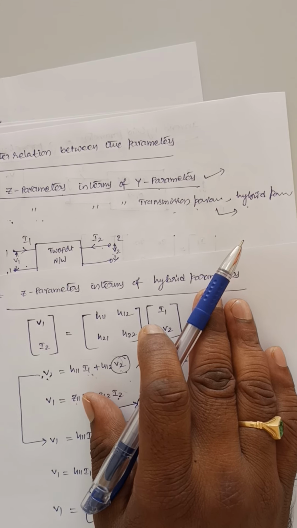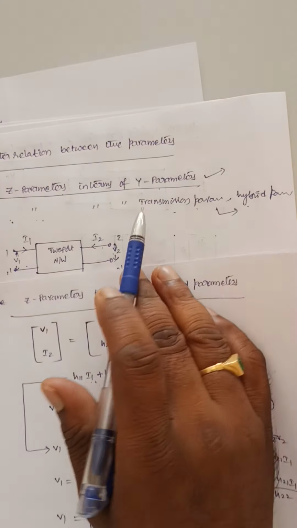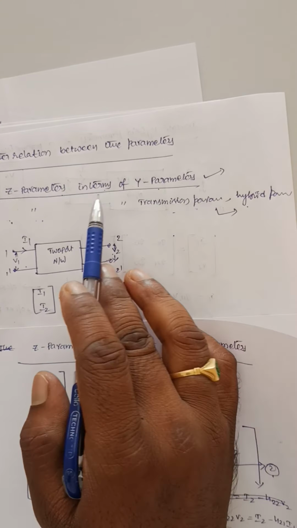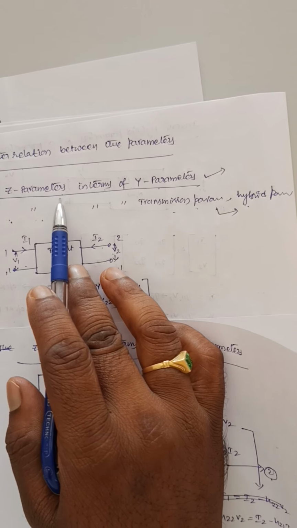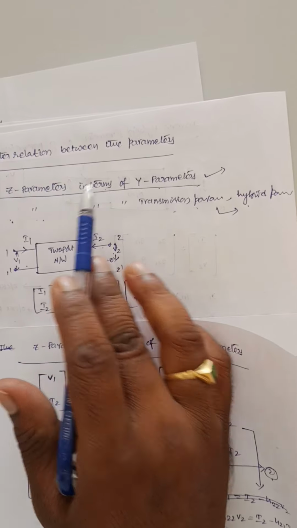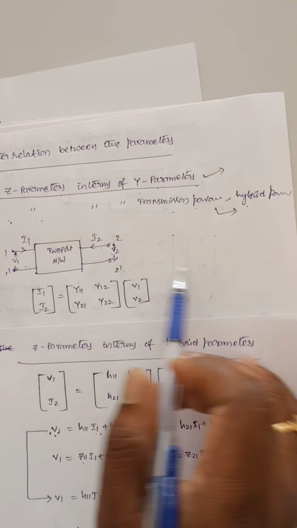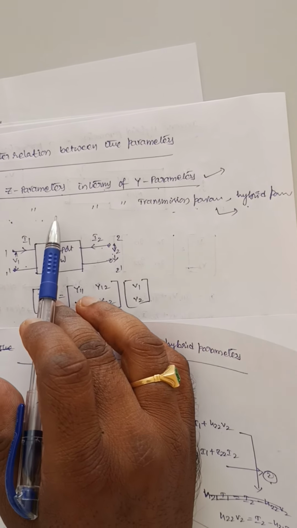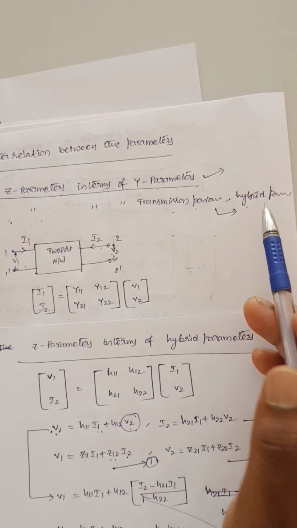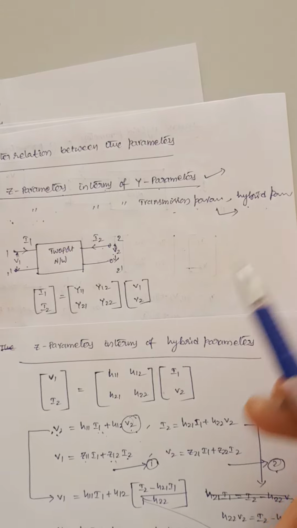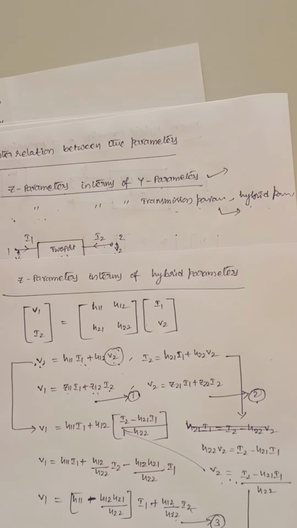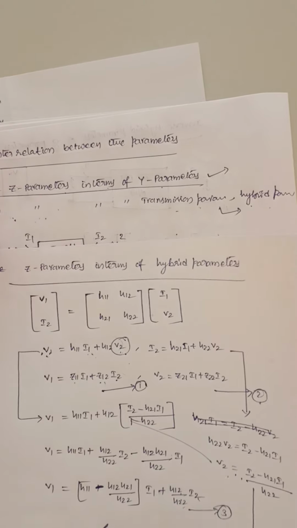The first method is the one you need to follow for this type of relation. That means if you want to find the relation between one parameter and the inverse of that parameter, we have one type of method. And if you want to find the relation between one parameter and other parameters, except the inverse of that parameter, we have another type of method. Similarly, we can also find the relation between